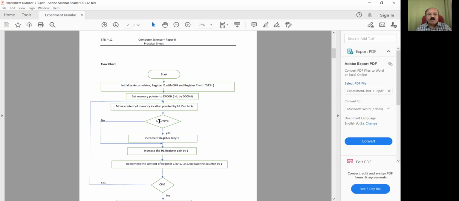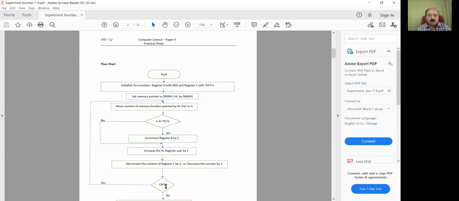If that content is 9C, then register B is incremented by 1. If it is not 9C, then we don't want to increase it. We only increase the HL register pair by 1, so the memory pointer goes to the next memory location for the data comparison, and decrease the counter by 1.